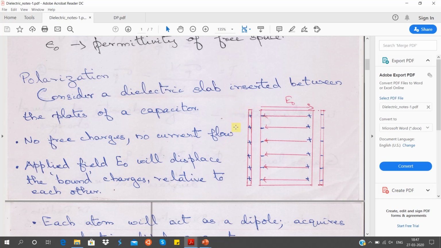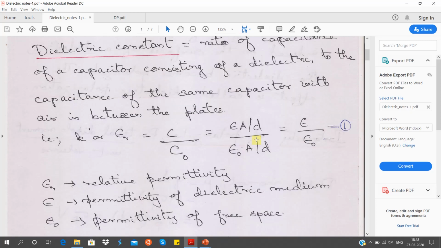And one more point, that inserting a dielectric increases the amount of charge carriers and hence the value of capacitance. So just to remember something here, if I know the capacitance value when the dielectric medium is there, and the capacitance value when there is no dielectric, that is, air in between. If I take a ratio, say I define C as the capacitance when there is a dielectric, C naught as the capacitance when there is air in between the plates, then I can write C as